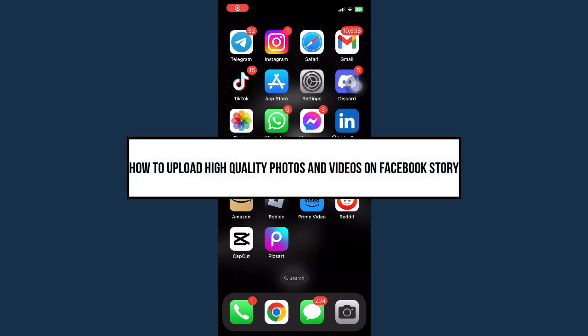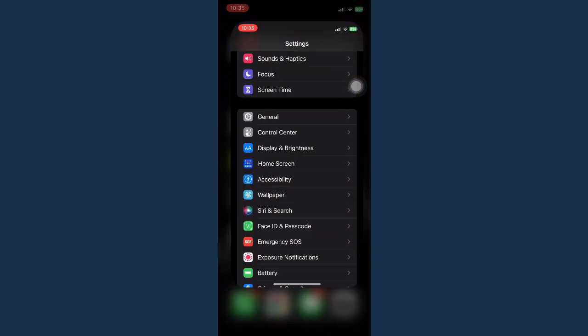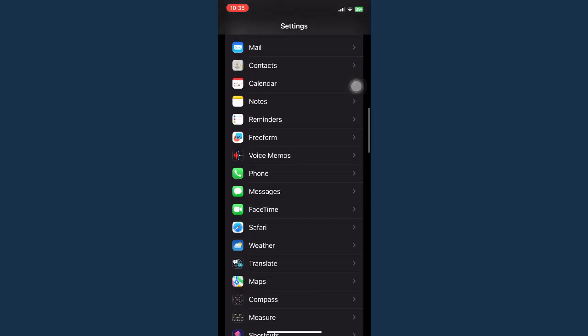How to upload high quality photos and videos on Facebook Story. Since Facebook still doesn't have an option in which you may be able to change the upload quality of your photos and videos to your story, then what I would suggest is to open your settings app and scroll down